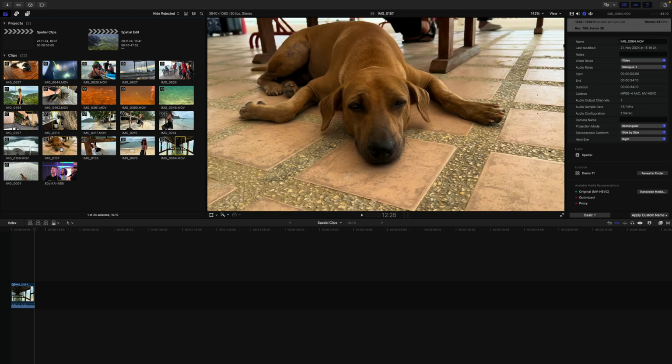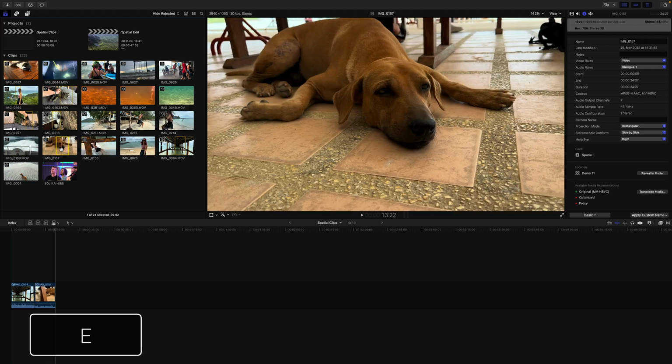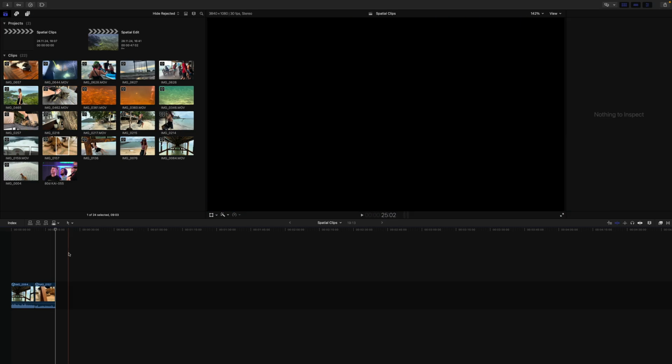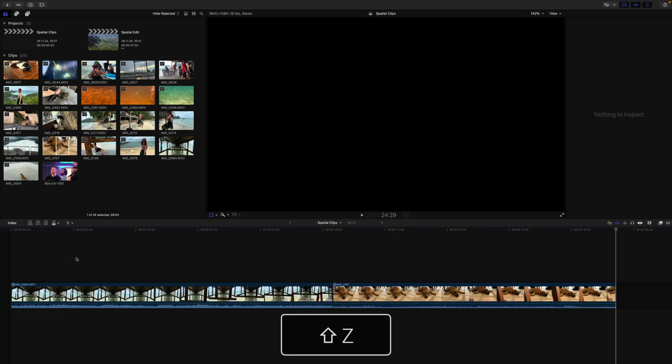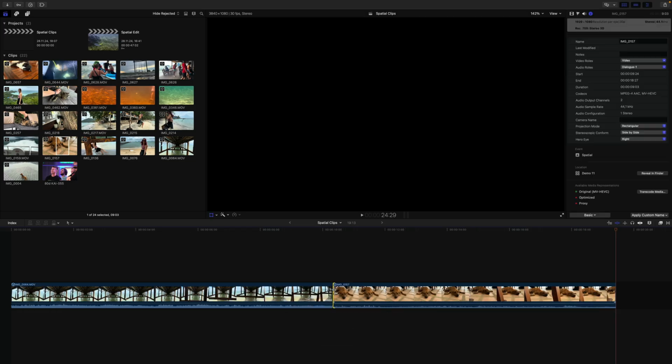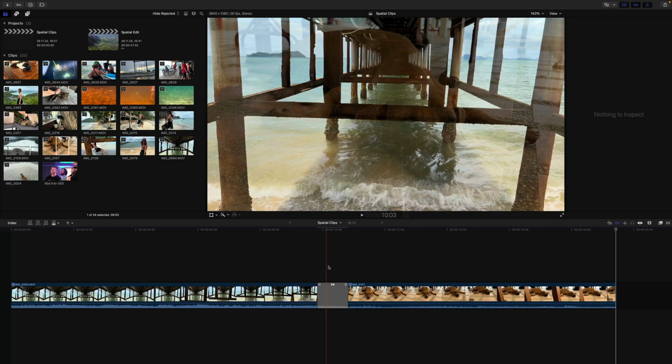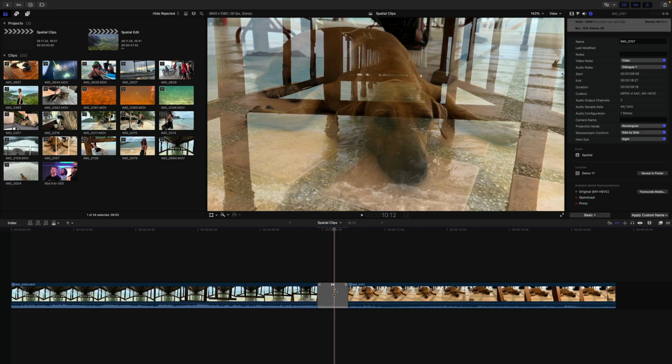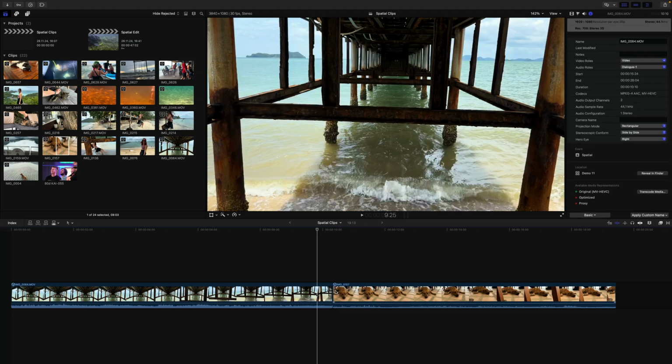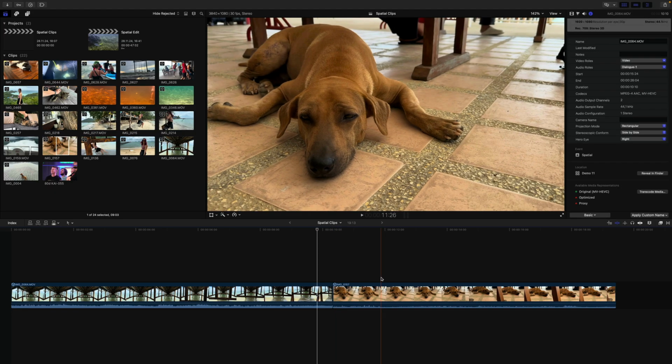And for the most part, adding effects to a stereo video project is just like adding them to a standard monoscopic project. However, not all the effects that come with Final Cut Pro work well with stereo video. Most clip effects are compatible with stereo video, but the transform, crop, and distort built-in effects should be avoided.